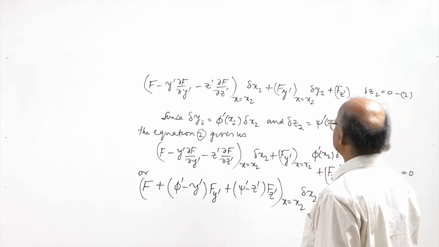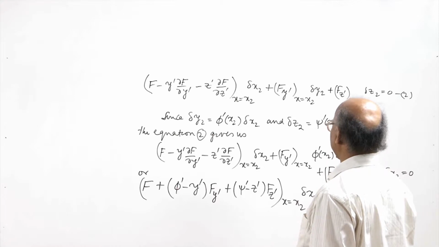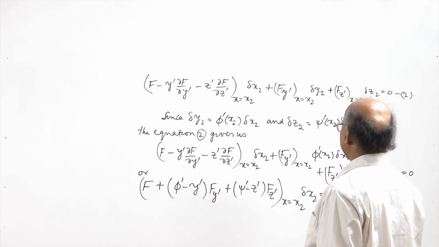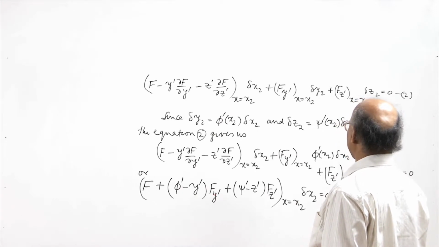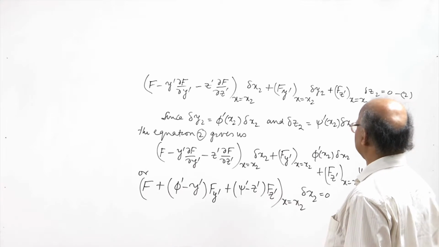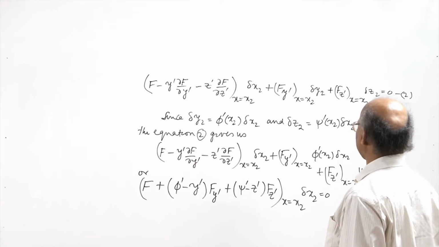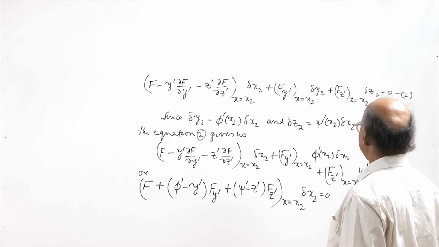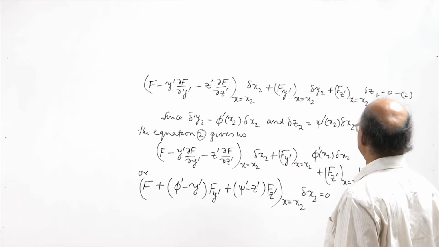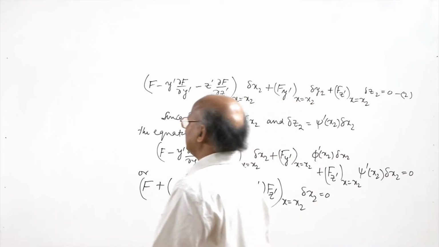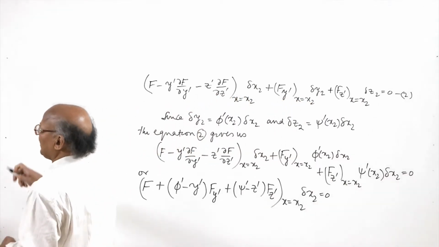So this is F, plus φ'(x2) F_y' at x = x2 times δx2, and then minus y'F_y' δx2 is here, and then F_z' ψ'(x2) δx2 is here, and minus z'F_z' δx2 is here. So we can write like this, and since δx2 is arbitrary we have